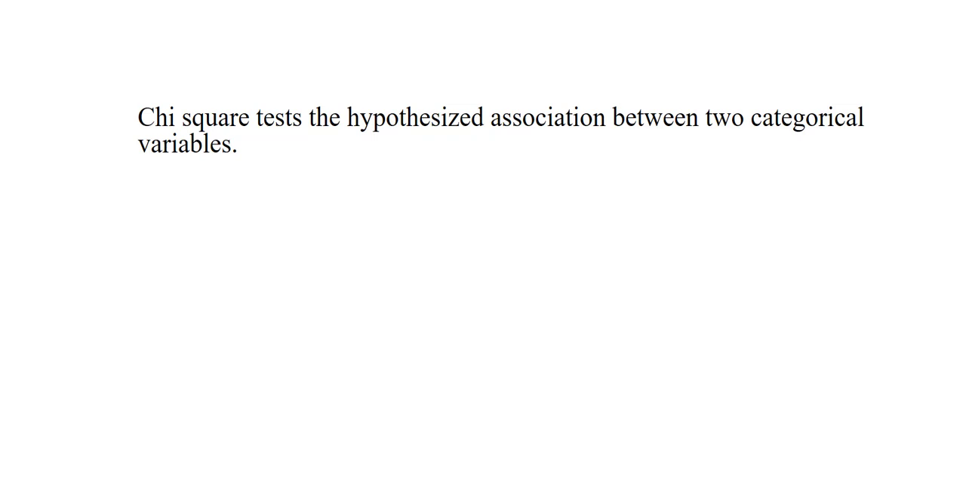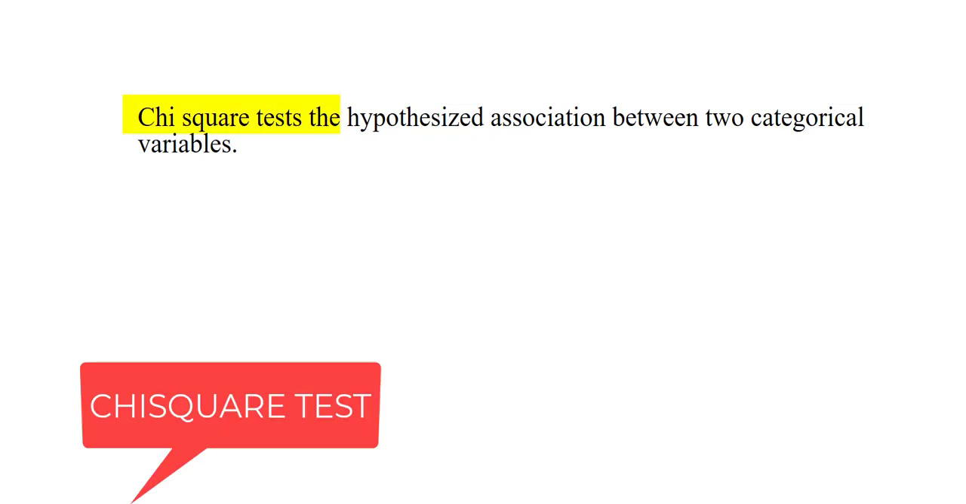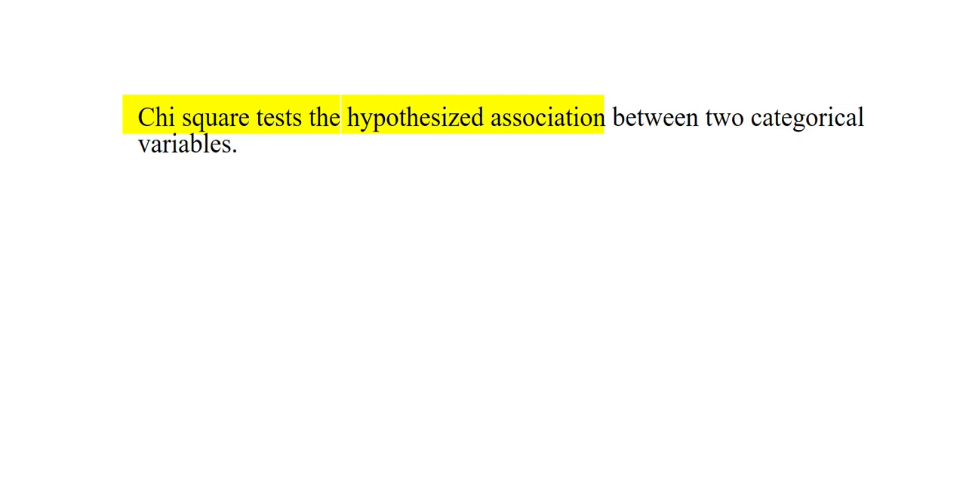In this video, I will be talking about how to perform a chi-square test. Chi-square tests the hypothesized association between two categorical variables. We will be looking at an example where we're going to be testing the relationship between two variables that are